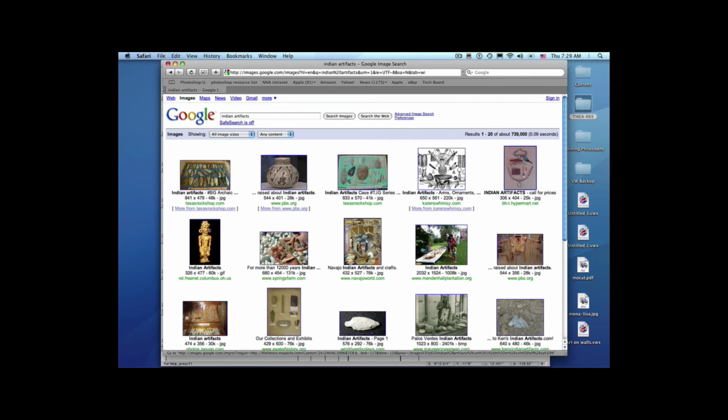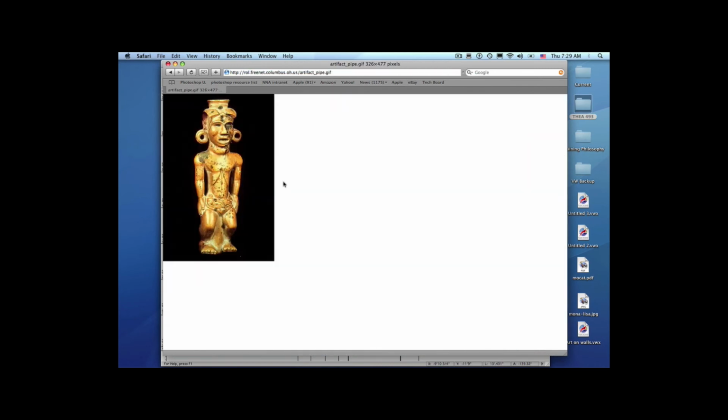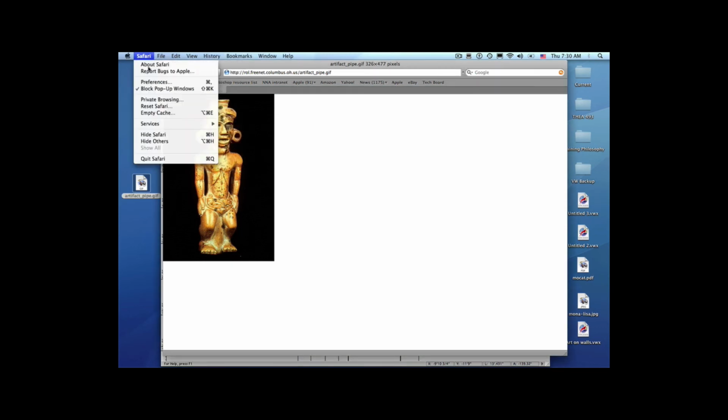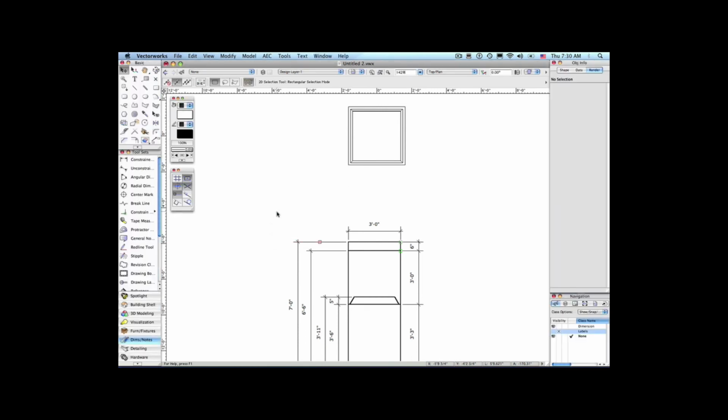I'm looking for an image where the background has been made into one color. So it's been processed in Vectorworks. I'm going to use the full-size image in Google so that I can get a high definition image. I'm going to drag that off into the desktop. It's a GIF file, which is one of the types of objects that Vectorworks can use. I'm going to quit Safari now, and I'm going to go back to Vectorworks and import that